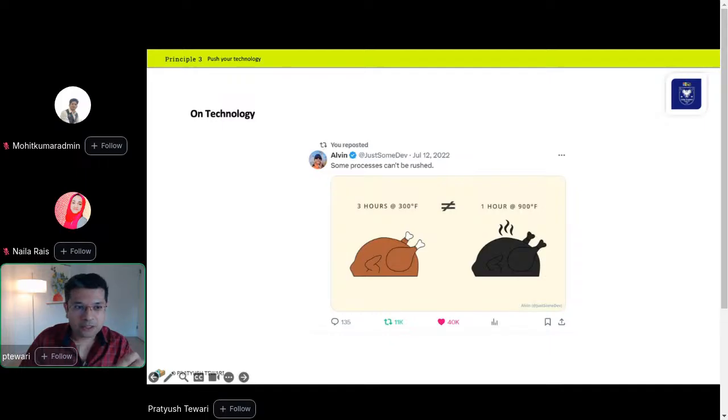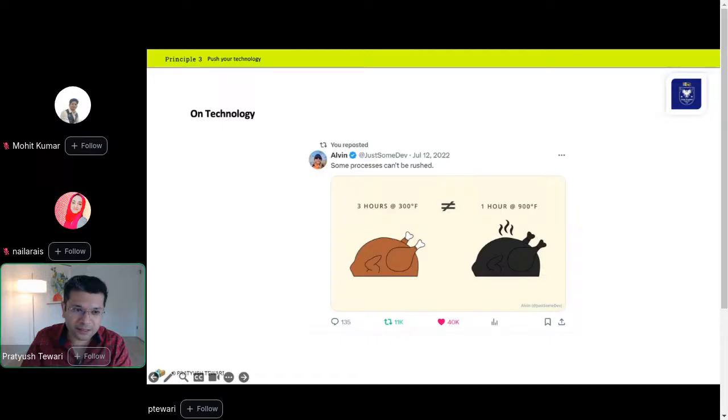And I want to start with this good example from Alvin: technology takes time. You can't rush technology. There is a popular belief that we are using AI and then we can create systems in a matter of hours and then launch it and expect it to work. Some processes cannot be rushed.